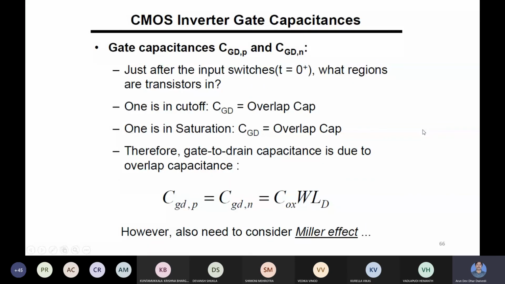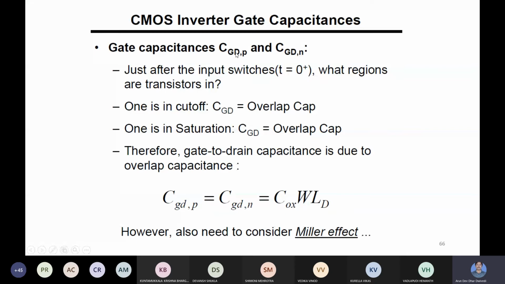Okay, working now. So we can consider that gate capacitances because it is switching on. This input pulse is switching from 0 to high. If it is switching to high, then what will happen? NMOS is on and PMOS is off. So PMOS is off means cutoff region. In cutoff region,